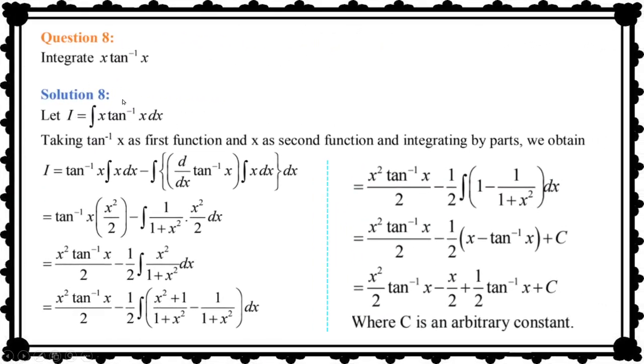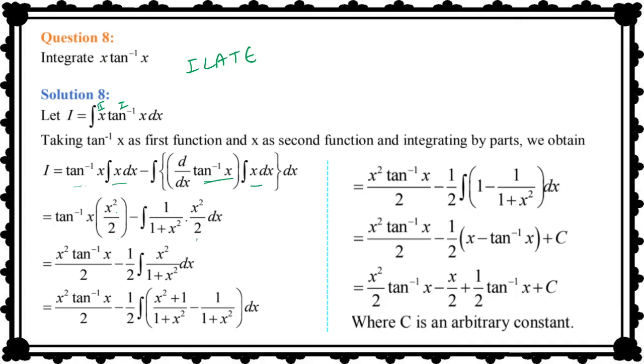Now come to question number 8. Integrate x tan inverse x. So here again I let the inverse trigonometric function always be the first function, and then this is the second. Tan inverse x, first function as it is, integral of second, x, integral is x square upon 2, minus integral of derivative of first, derivative of tan inverse x is 1 upon 1 plus x square, into integral of second,